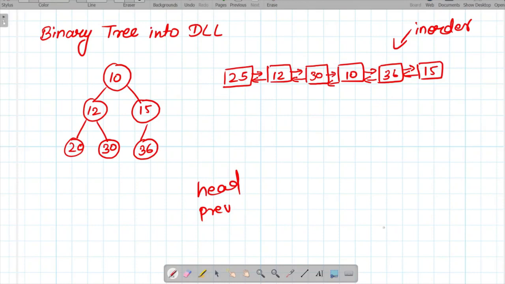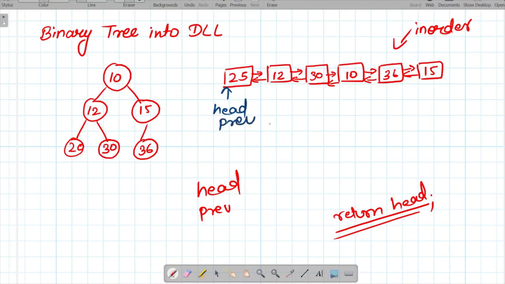Also, we just simply have to return the head node of the given doubly linked list, and it will be automatically iterated by the driver code. So let's see now how we will proceed. Initially, in the first iteration, we will simply assign head and previous to the first element.